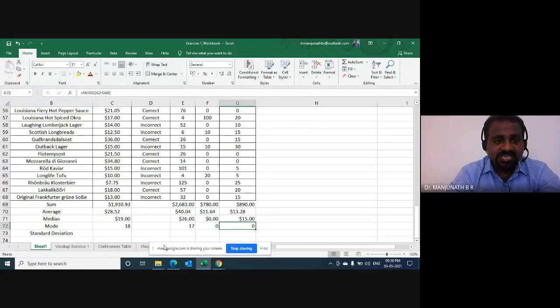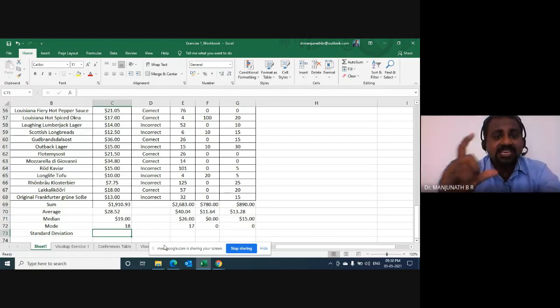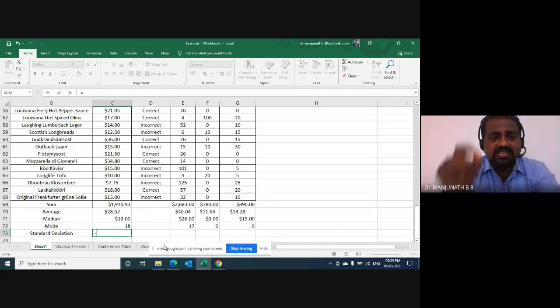Now let's proceed with the standard deviation. We all know the meaning of standard deviation. In finance, standard deviation is nothing but the measurement of risk. When I say risk, it is the deviation within the given data range. Now let's go and get it. How do I get the standard deviation? Is equal to